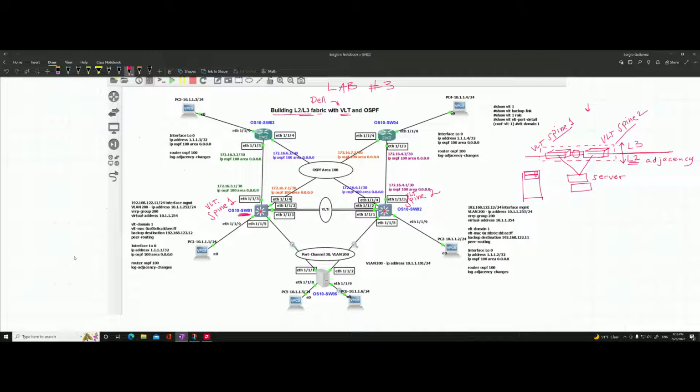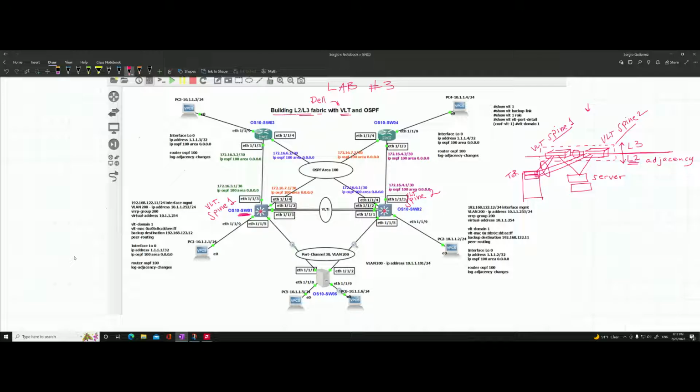You have a couple of switches here, and these couple of switches normally are called top of rack. They can be middle of rack, end of the row. In this case, let's call them top of rack switches. And these top of rack switches, each leaf is going to connect to spine 1 and spine 2, and then leaf number 2 is going to connect to spine 1 and spine 2, and then we're going to create a